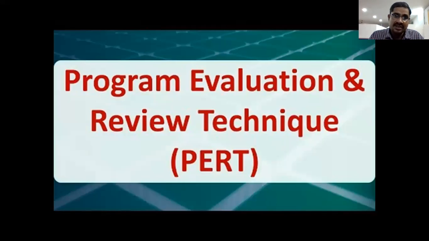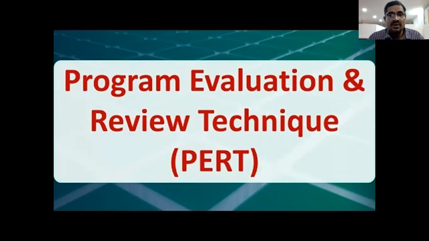Based upon these three timings, we can calculate the final time, which is used for the estimation of time of activities. It is used when the estimation of time of each and every activity is not possible, then only this project evaluation review technique will appear.